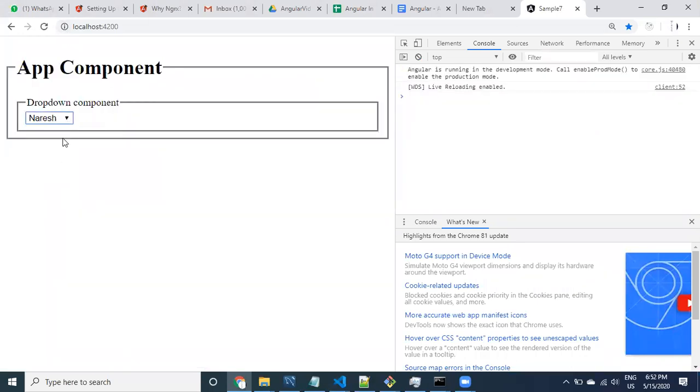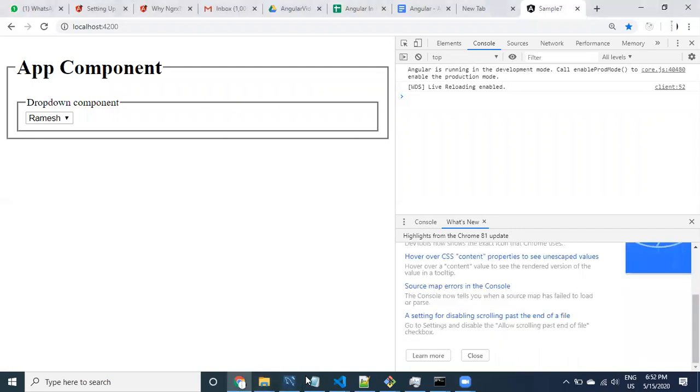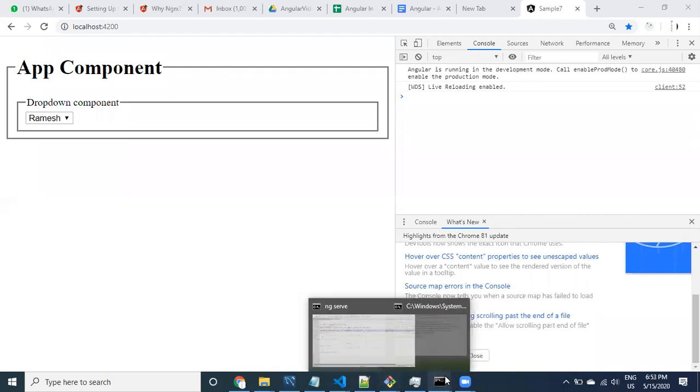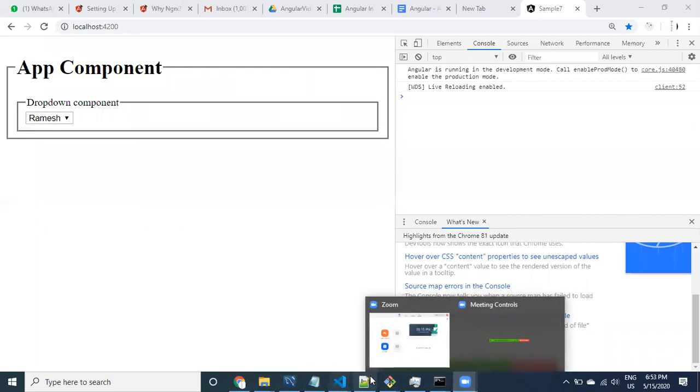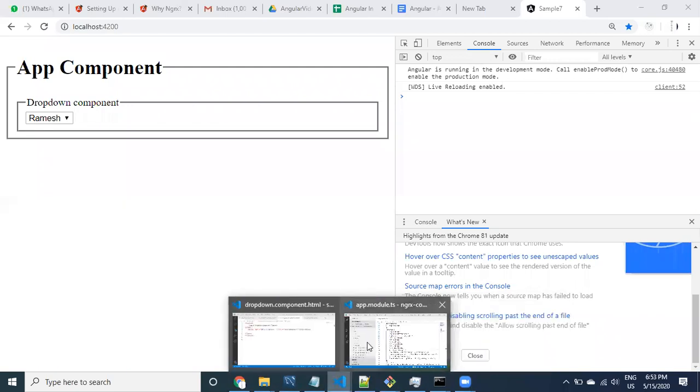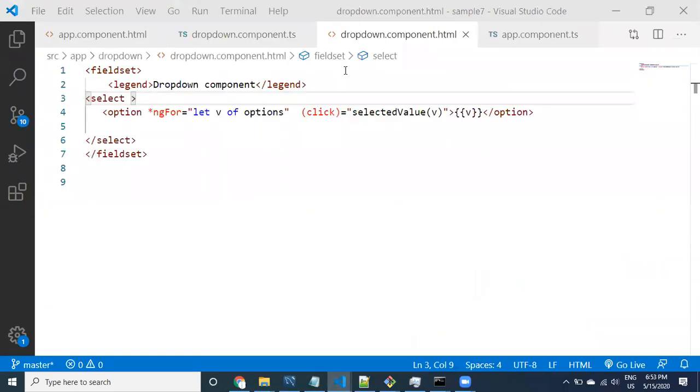See here, guys, on click is not available for this also. One thing first: I'm still working in the same component. I'm not communicating with the parent component yet. Still I'm working with the same component only. Let us go to here, there is a small change we need to understand. We need to bring this here.